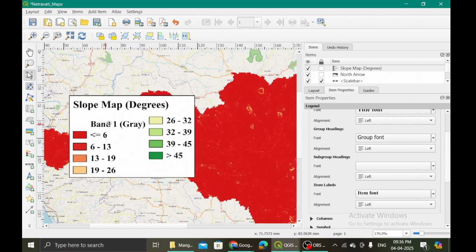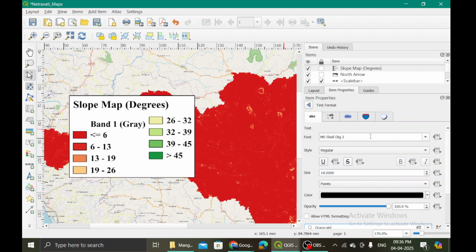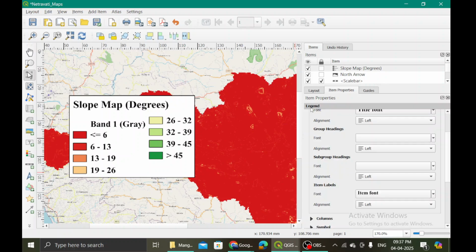Then again, this band one gray whatever, I will try to take that one also off. How do I do that? Simply by changing the font size to 0. So okay, that was not there.